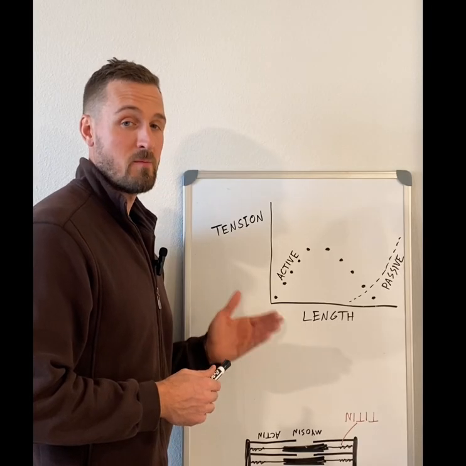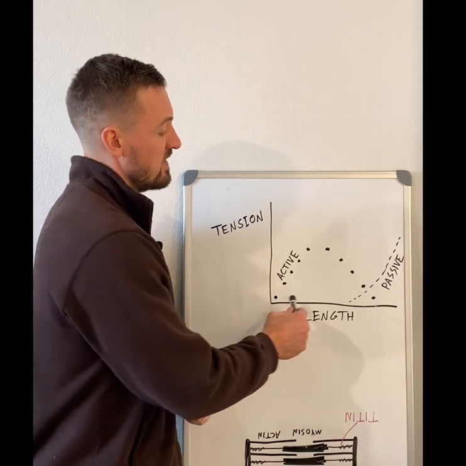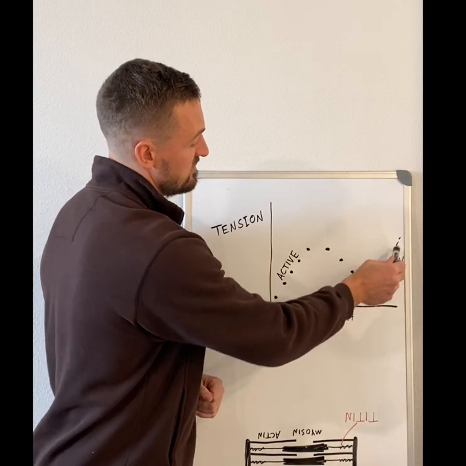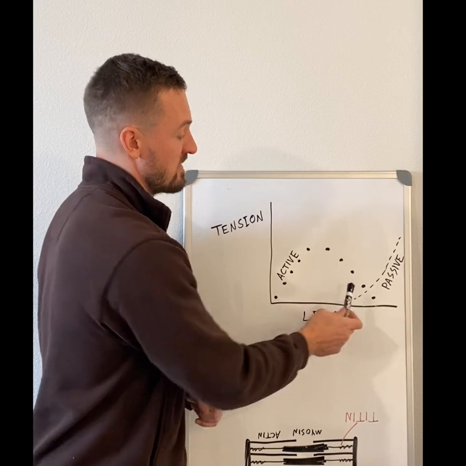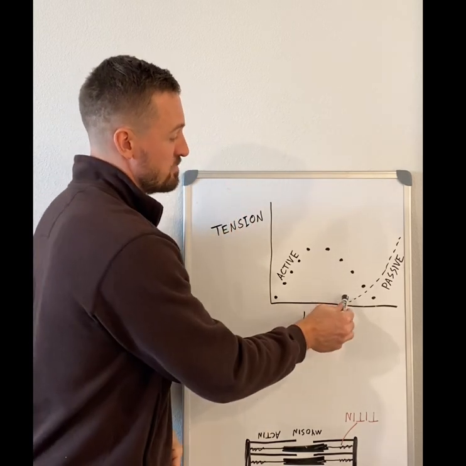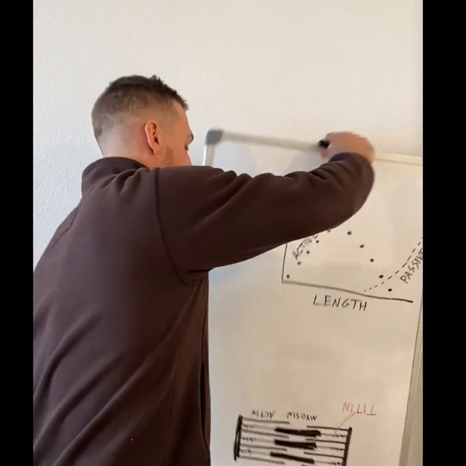All right, so then let's talk about passive muscle tension. You might see a version of the curve that looks like this, where you have this passive tension curve that only kicks in at pretty long length. So when the sarcomeres are getting pulled pretty far apart, then you get this passive tension that kicks in. So if you go back to the sarcomere,